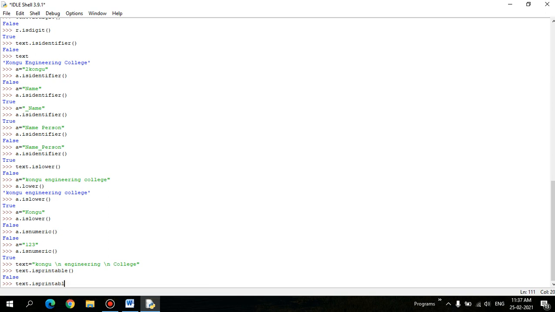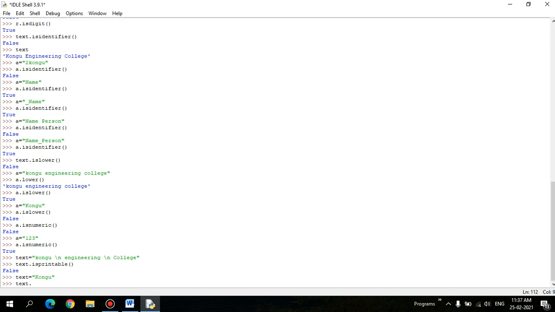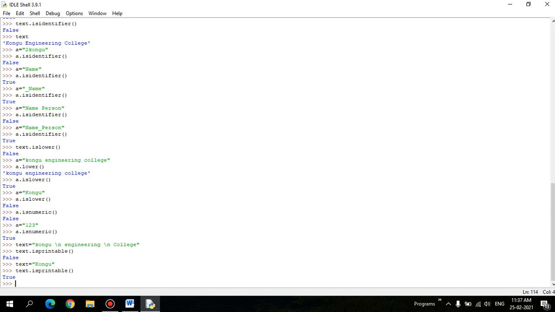Okay, because this is not the function we have one more function, in which it accepts two arguments. So you can print the newline also, right? You can give that also. We will discuss that later. So this is a function that returns whether the string is printable or not, right? If you have just a word here and text dot isprintable, it returns true. So this cannot be printed, because we have newline characters available in our string. So that is what it means.